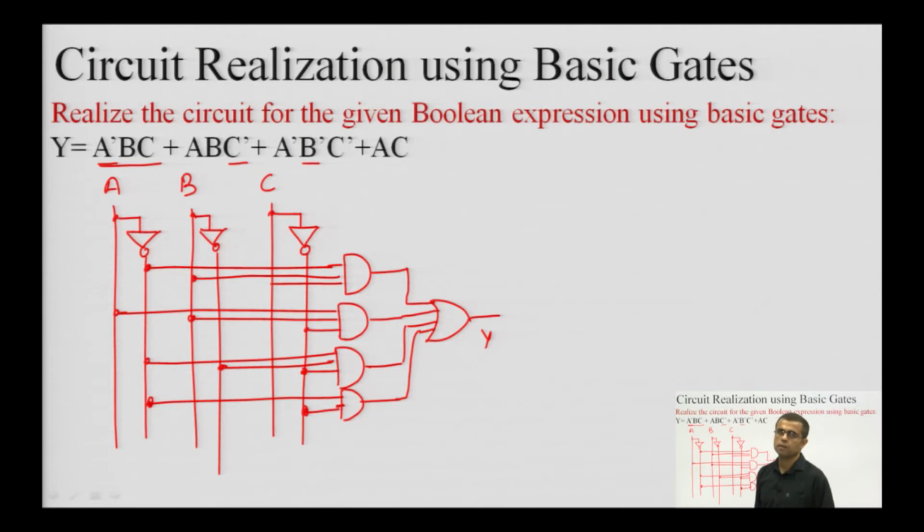So, this is the systematic preparation of this complex looking expression. First of all, we have to prepare the negated versions of the variables, then generate the products and in the end generate the sum. So, this is a systematic version of this circuit realization.